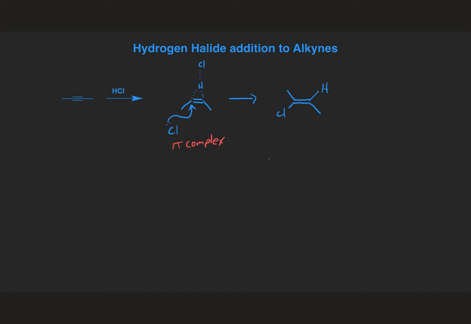However, alkenes, we said earlier, are more reactive than alkynes. So it's actually quite difficult to stop at this position. Most of the time, this is going to go a second time. And so often this reaction is run in the presence of excess HCl. And so I'm going to add another equivalent of HCl, and I'm going to give those electrons there and form